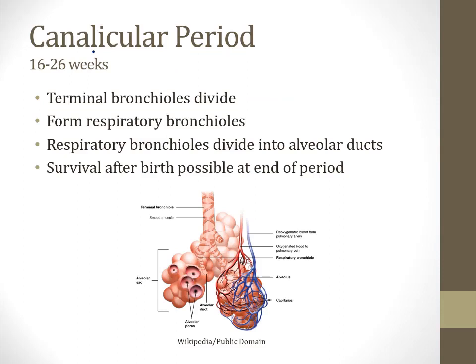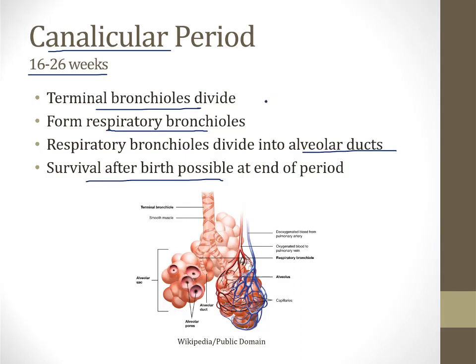Now let's talk about the next phase of lung development. That's the canalicular period. This occurs from 16 to 26 weeks in utero. During this period, the terminal bronchioles divide and start to form those respiratory bronchioles, and those bronchioles divide and start to form alveolar ducts. And at the end of this period, you're starting to get some alveolar structures, and survival